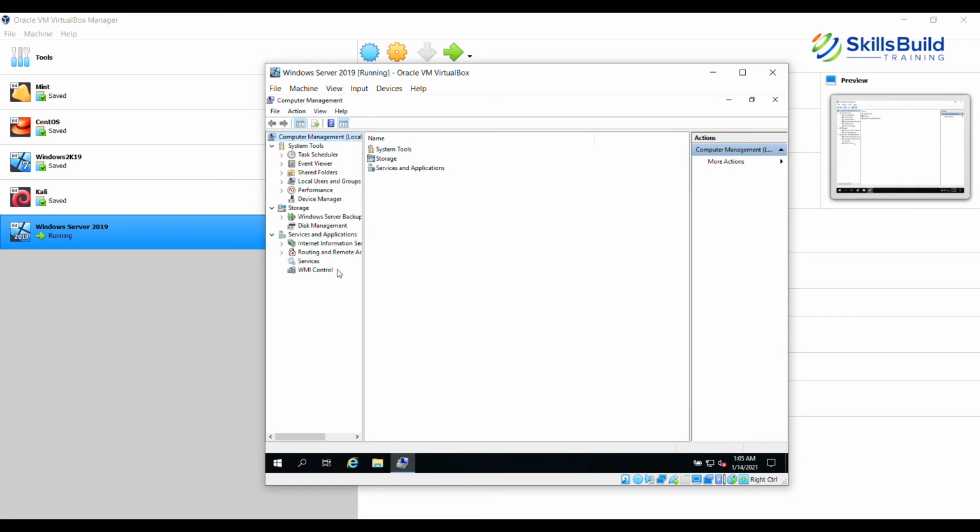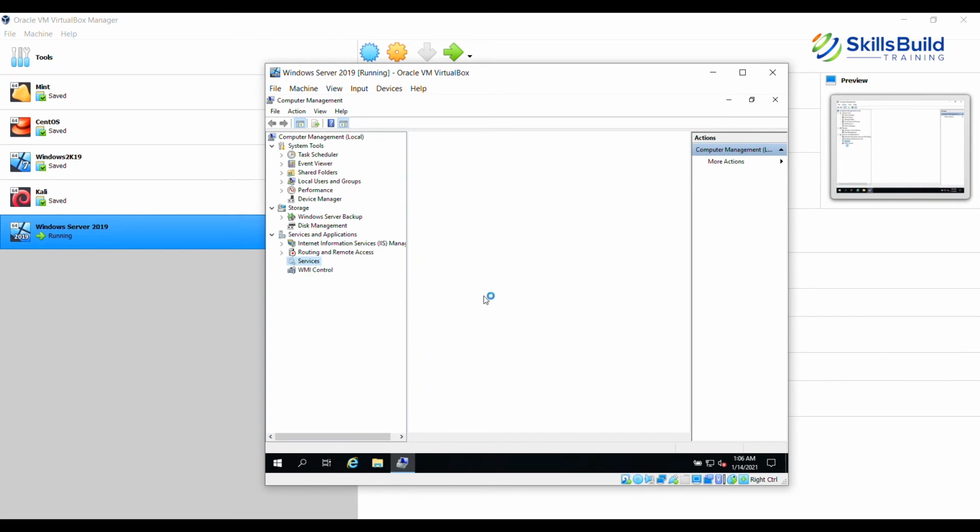Just like Server Manager, this one also has a lot of features. And this is one single snap-in from where you can manage a lot of things. So notice that there is IIS Manager, there is Routing and Remote Access. If you want to allow people from the outside world of your network to connect to your system, you can configure Routing and Remote Access.